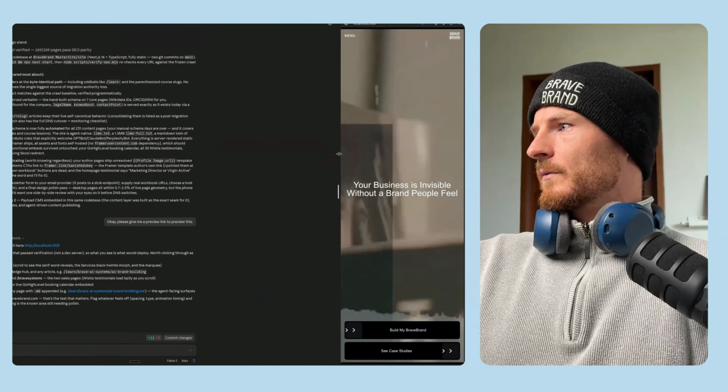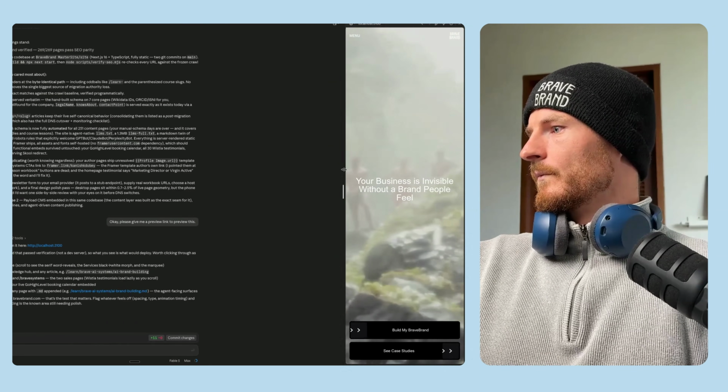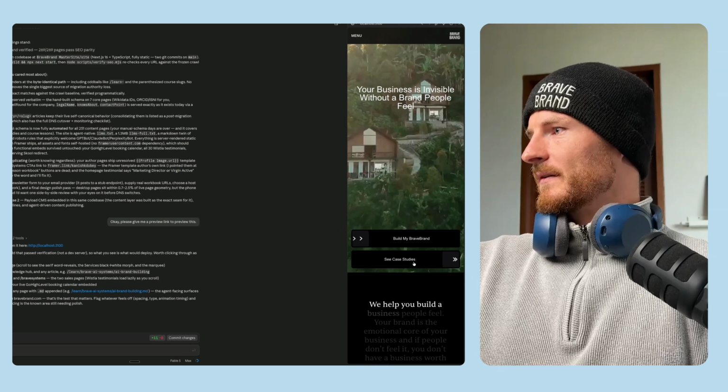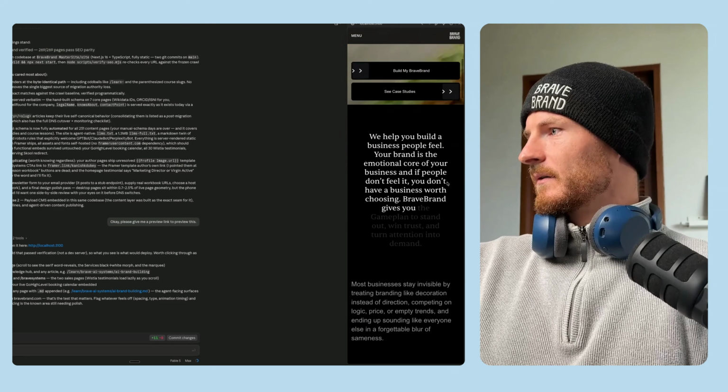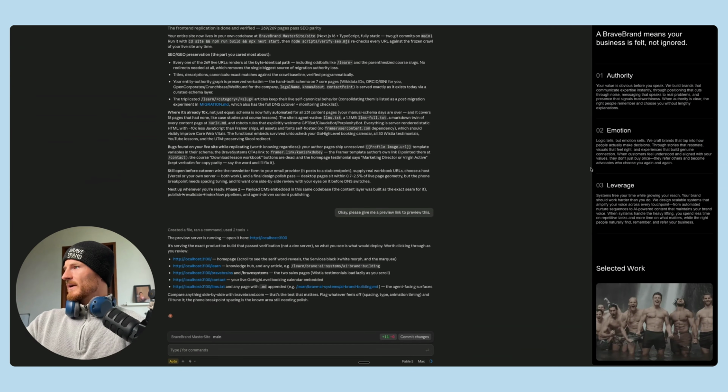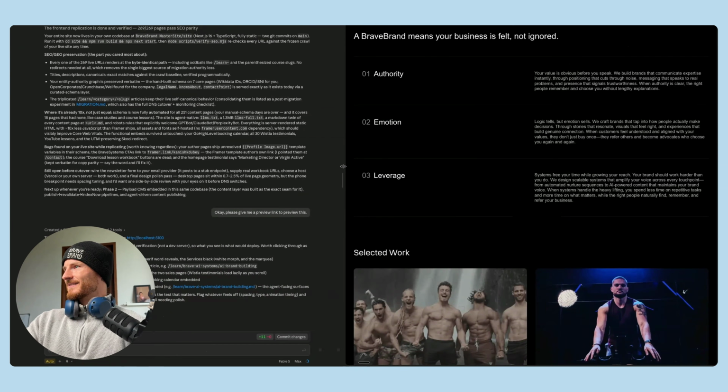All right, let's see how this works on mobile. Okay, so obviously those buttons just need a little bit of tweaking. But I mean, that's just disgusting. Sorry,